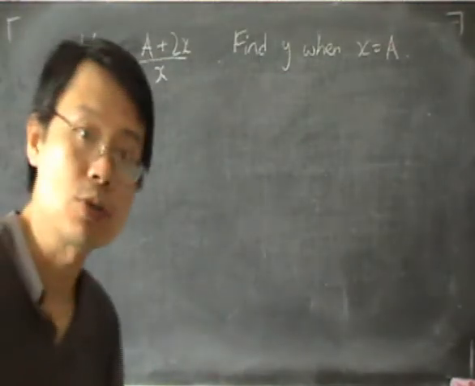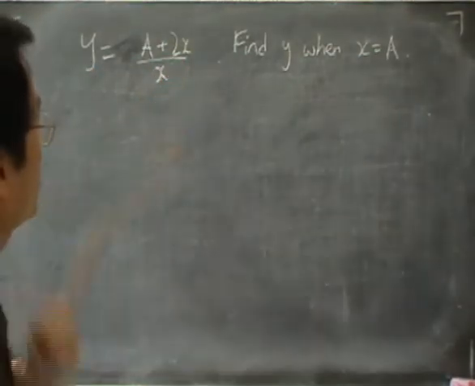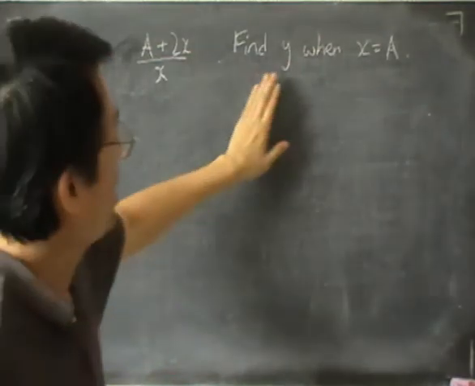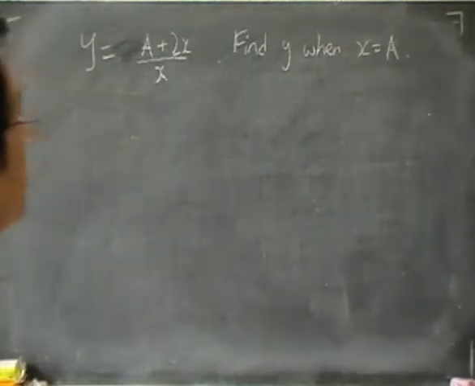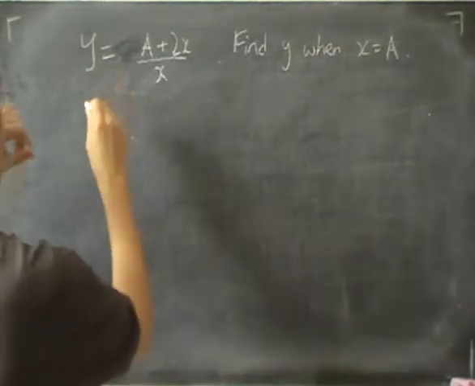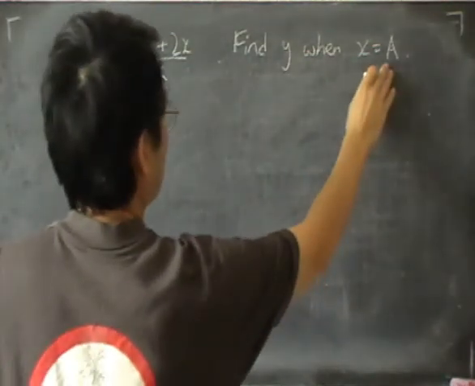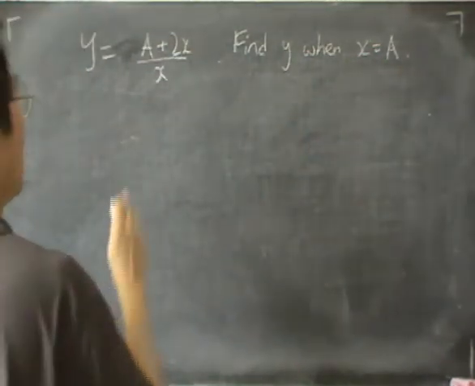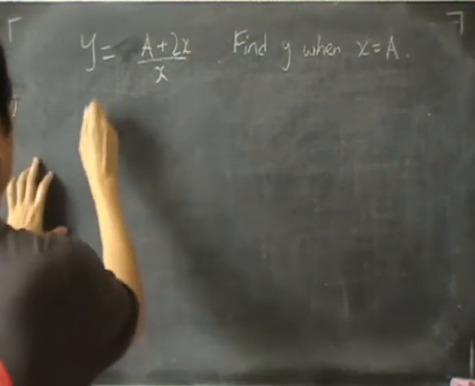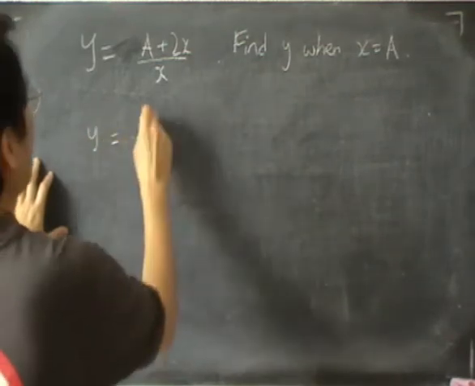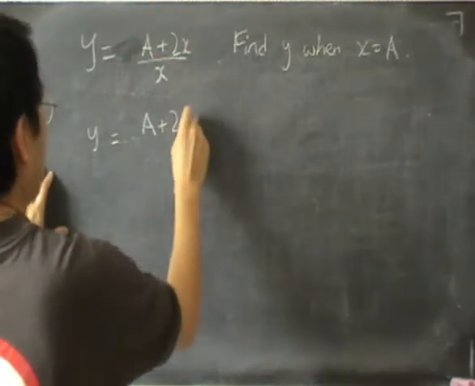Look at the next question now. Y is equal to a plus 2x over x. Find y when x is equal to a. To do this question, we substitute a into the x. So this is what we get. Just replace x by a